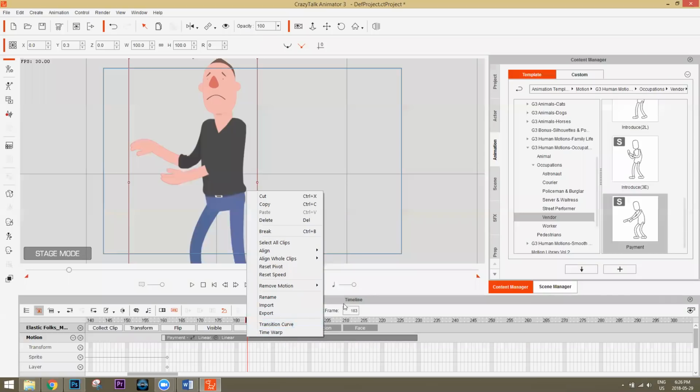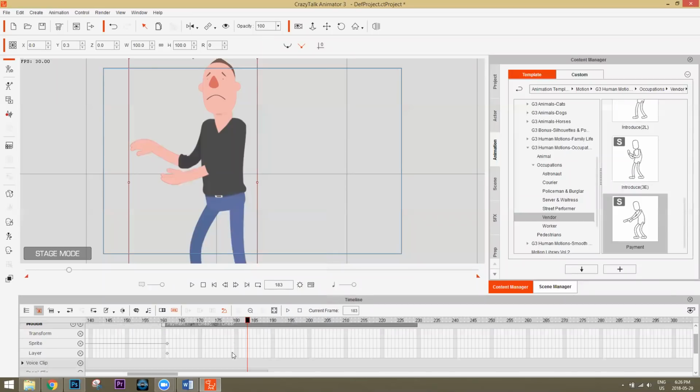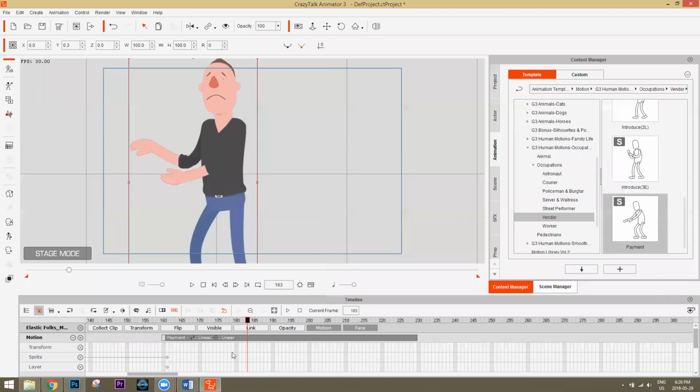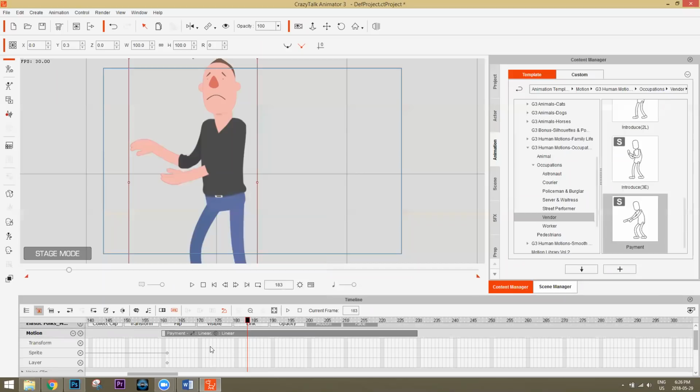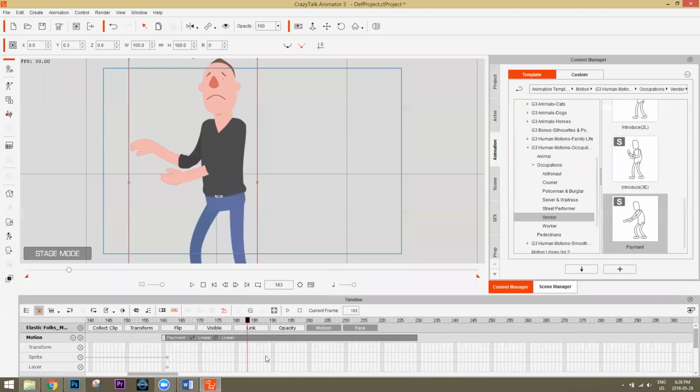But possibly in a future version, since we already have the technology with iClone to do that. But at this point, you're going to have to deal with just doing it manually yourself, Cecil. Apologies for that, but we will catch up with the technology at some point. I can't say for sure, but hopefully it's the next version, because generally the features that are in iClone, we integrate into the next version of CrazyTalk Animator.